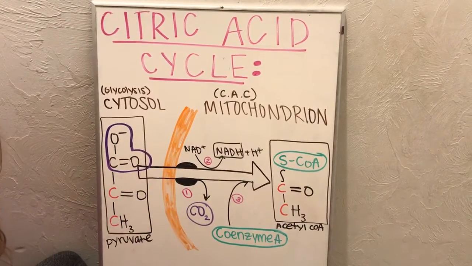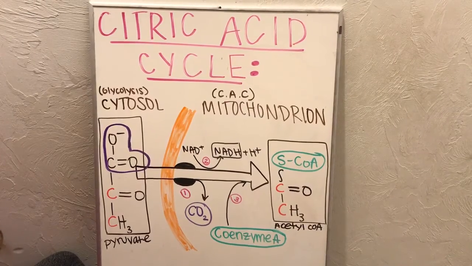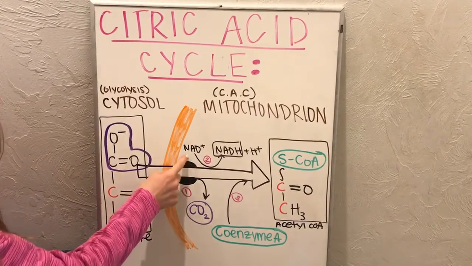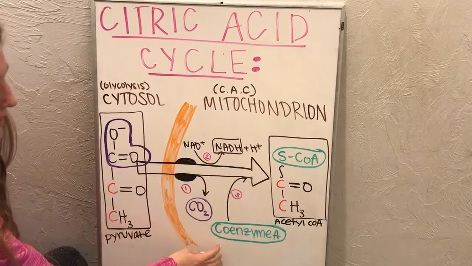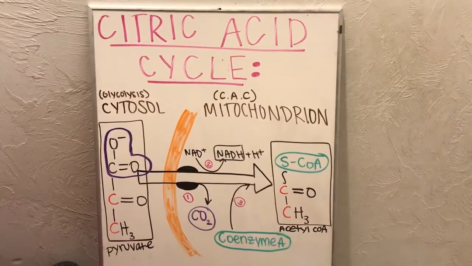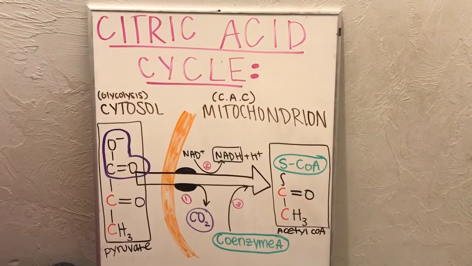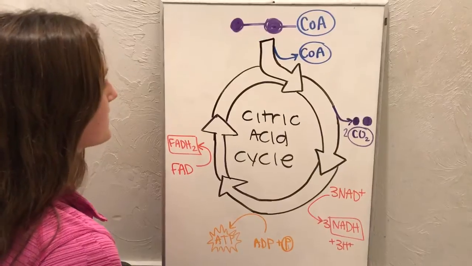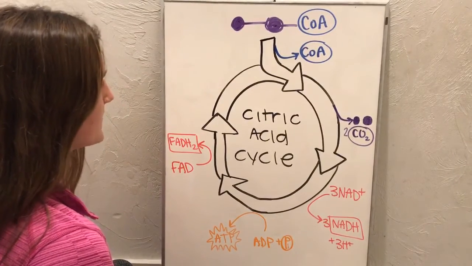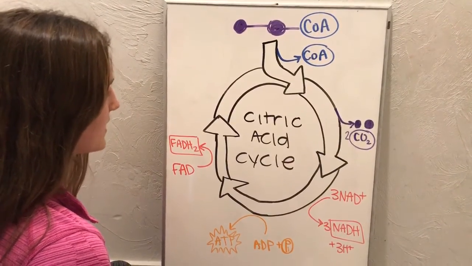The pyruvate dehydrogenase complex catalyzes 3 steps: the formation of CO2, the reduction of NAD+ into NADH plus H+, and the addition of coenzyme A. Only after these 3 steps occur will acetyl coenzyme A be made and thus enter the citric acid cycle. Since the pyruvate was fixed into acetyl coenzyme A, now we're in the mitochondria and the citric acid cycle can